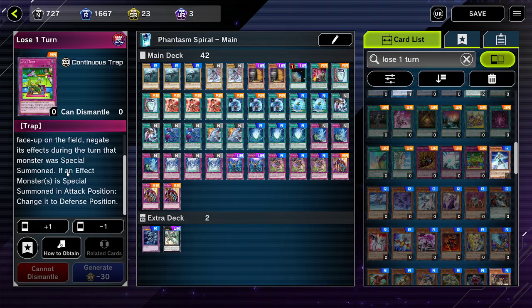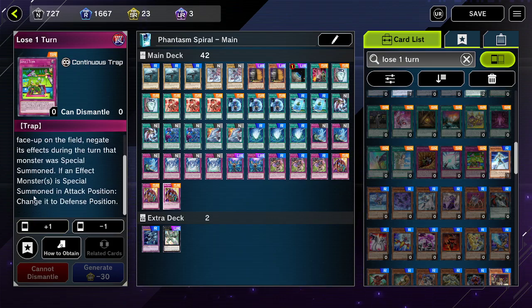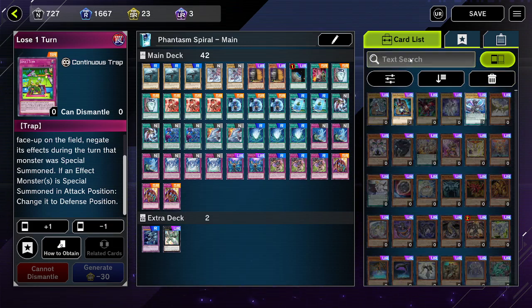If an effect monster is special summoned, change it to defense position. So your opponent special summons a monster, it's changed to defense, and its effects are negated until the end of the turn. And that's a continuous effect, so that happens for every single monster. I don't think it's super necessary if you have Skill Drain. The switching it to defense position part could come into play, but with link monsters being a thing, it's not quite as useful. One really good, potentially good thing is